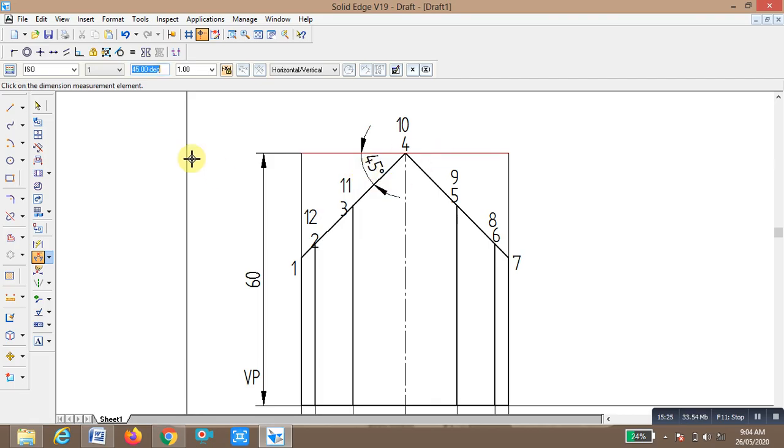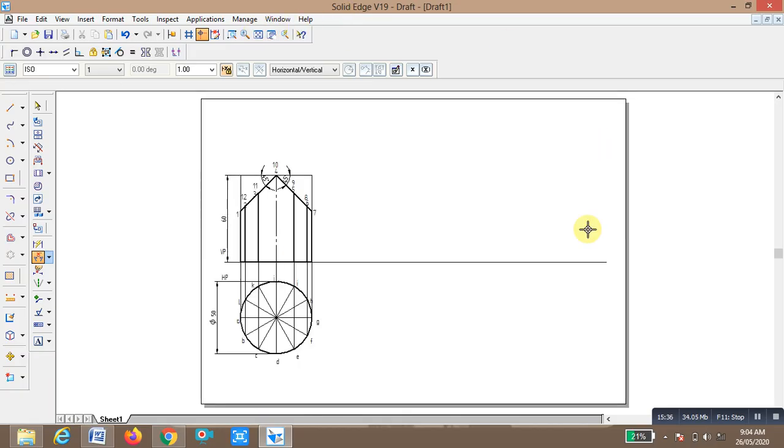Now we want to draw the development of this cylinder. So already we know how to find the circumference of the cylinder. That formula is pi into d, where pi is 3.142 and diameter is 50 mm.